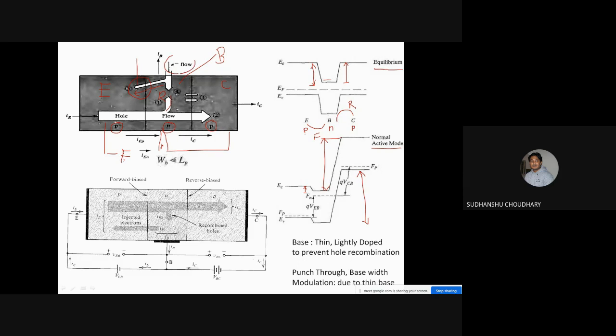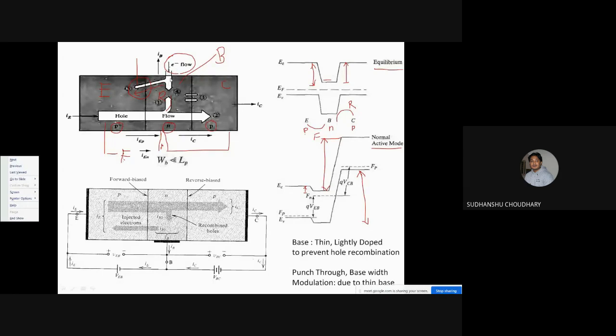So we see electron supply from the base, into the base, to compensate the loss of electrons because of recombination and because of the electrons moving from the n to the p side, that is base to emitter side. So the loss of these electrons is compensated by this electron flow which is coming into the base from the base terminal.